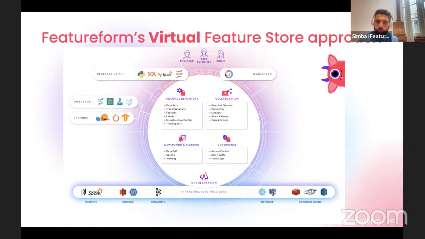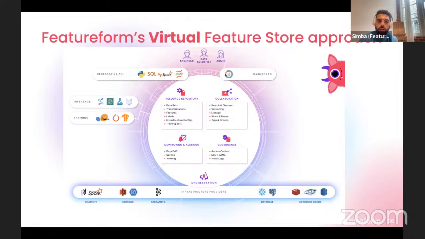It's like a single source of truth. It's collaborative. There's search and discovery, there's versioning, there's lineage, there's sharing. There's monitoring and alerting, like we talked about, which is a core part of a feature platform, making sure your features in production are behaving as you'd expect. Governance, and then finally orchestration,